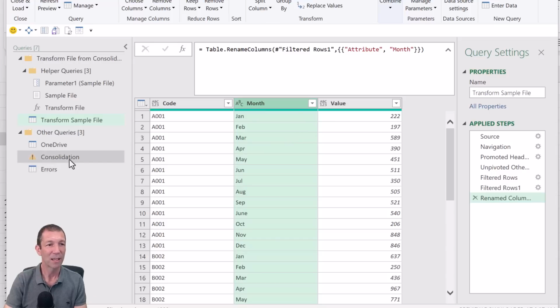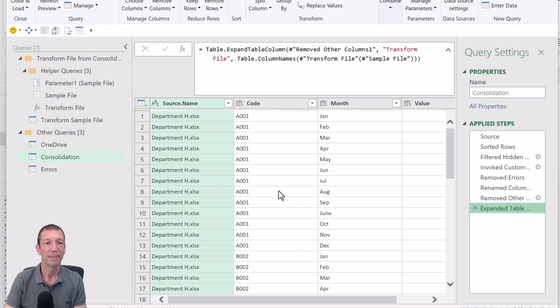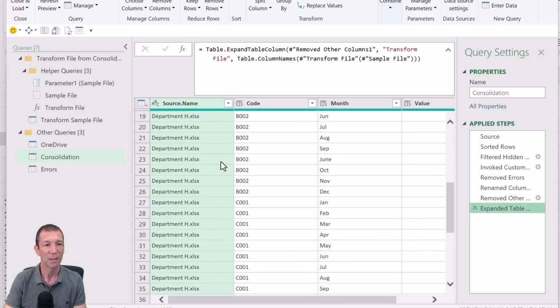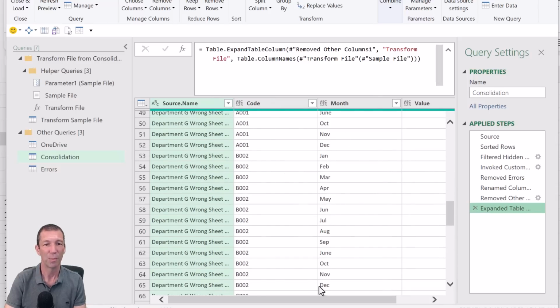And now when I go to my consolidation, more errors. But normally this one's a really simple fix. It's just this change type step because it's trying to run against these various hard-coded column references. And as soon as you delete this change type step, there we go, department H, scroll down, department G, and we've got a beautiful code column, a beautiful month, and